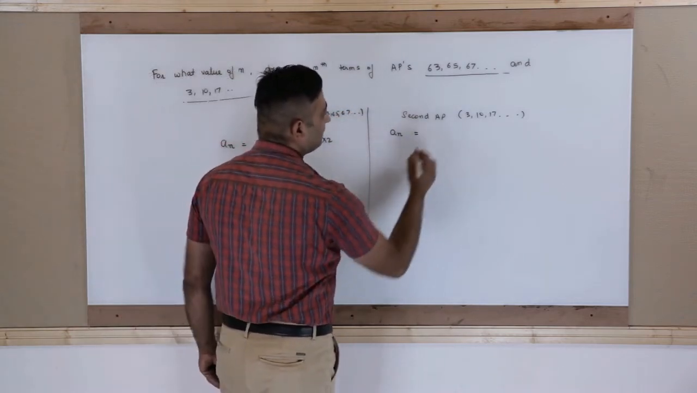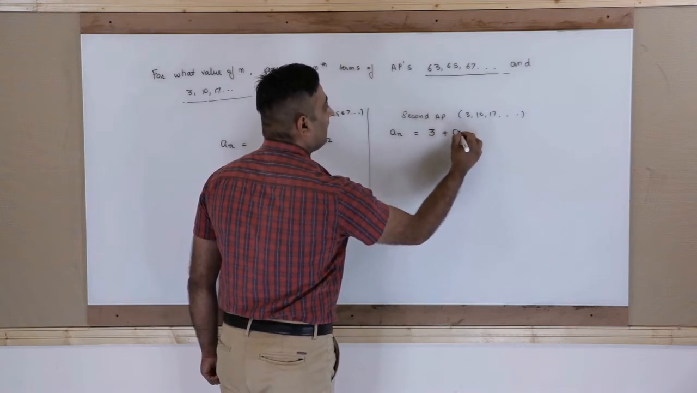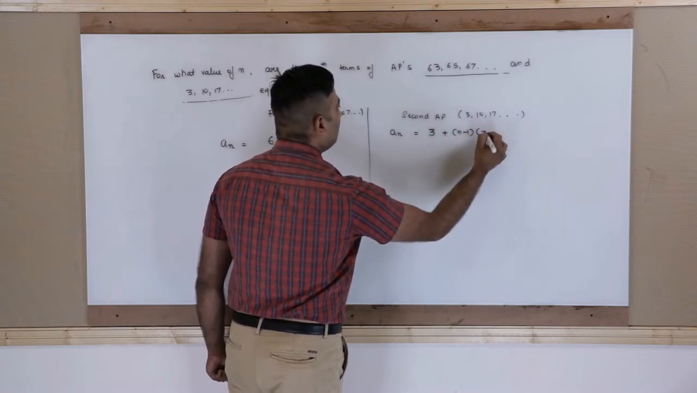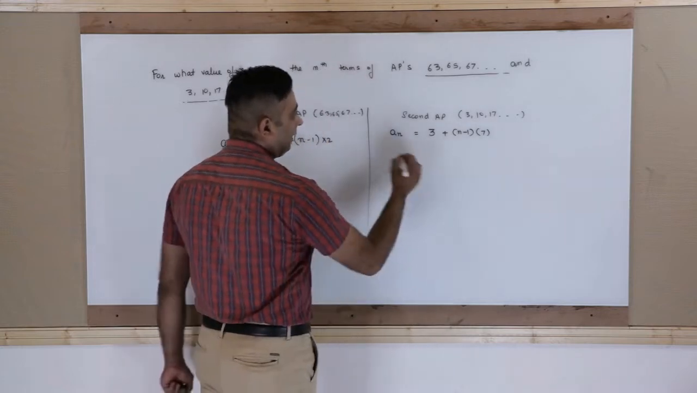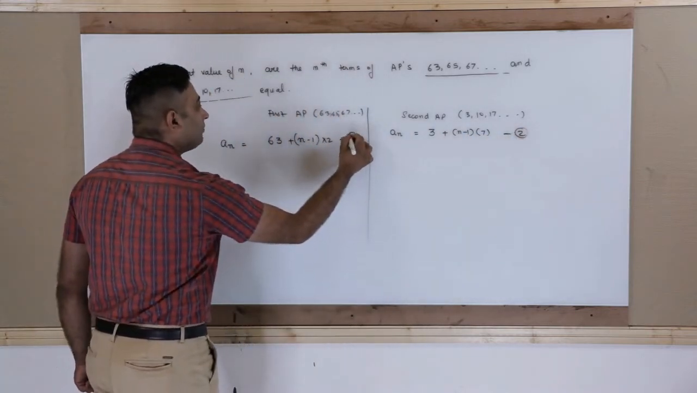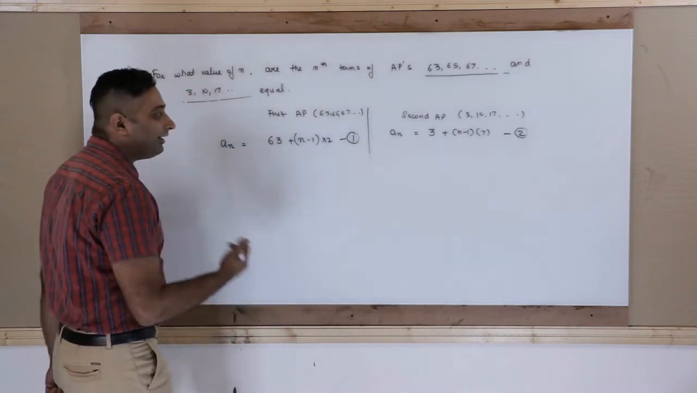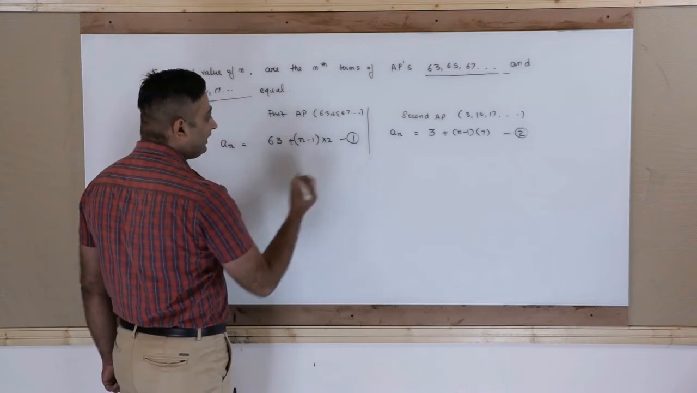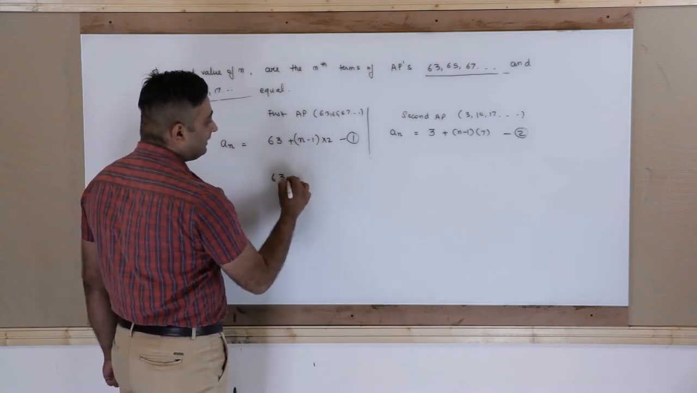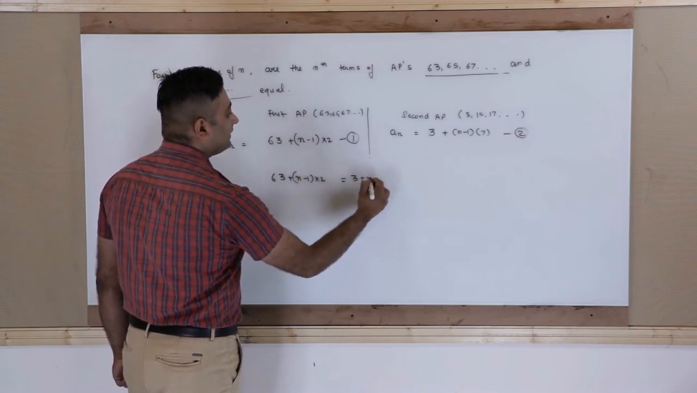So the nth term of the second AP is given by its first term A plus n minus 1 into its common difference, that is 7. Now these two nth terms are equal for one value of n. So we have to find that value of n. So equating 1 and 2, that means 63 plus n minus 1 into 2 is equal to 3 plus n